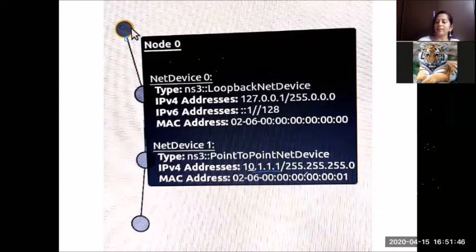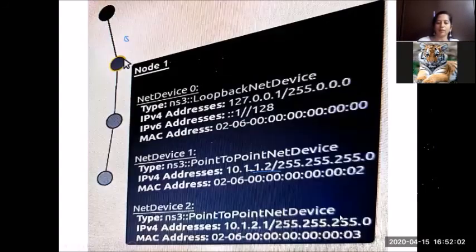And the MAC address, remember, is a 48-bit address, which is automatically created. All this will be automatically created by the helper which we use. So this is how it works.